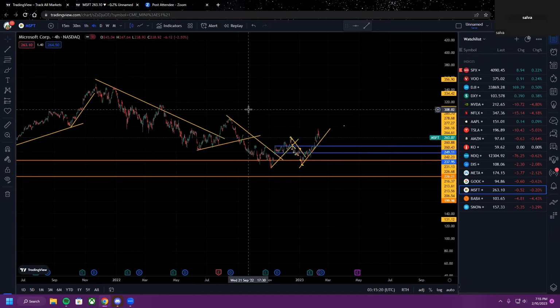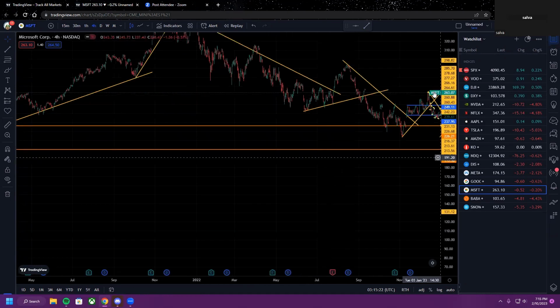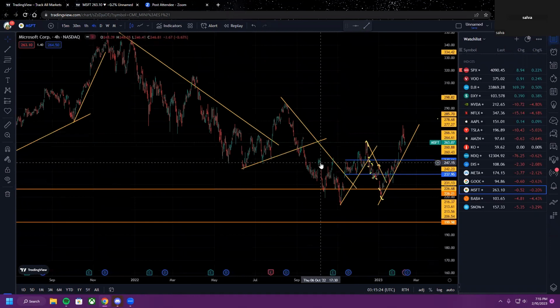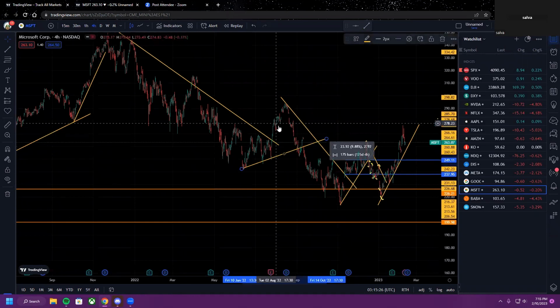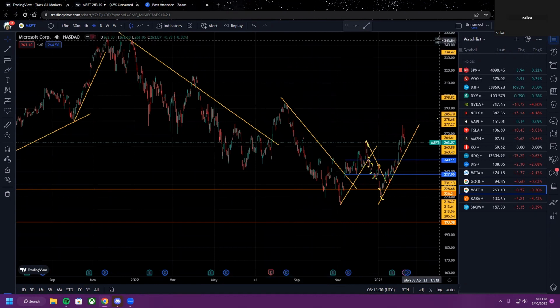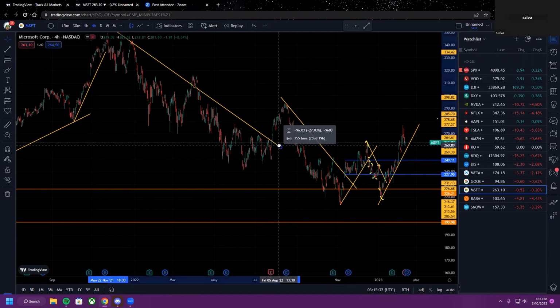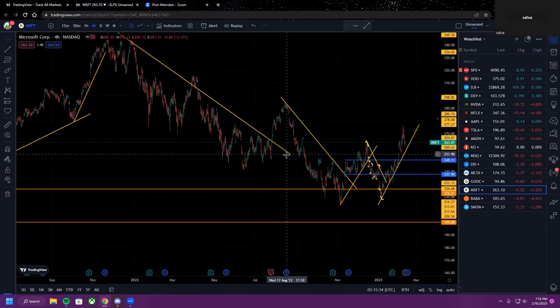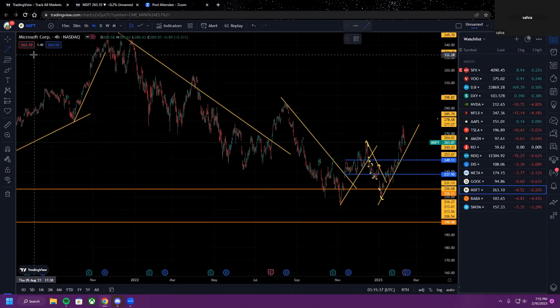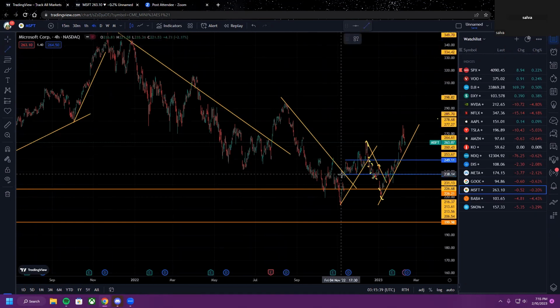But with this one, the reason it's good that you didn't draw it is because you see how steep this is. So we would have just let it do its thing. Maybe even right here, it was basically consolidation, but it never broke that